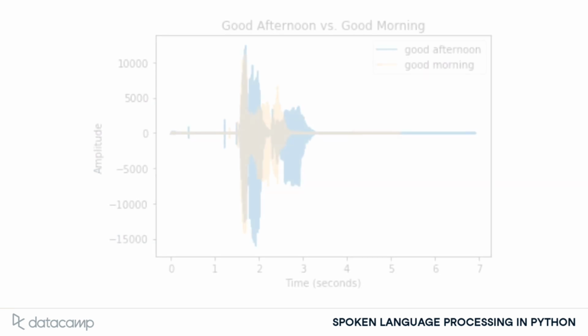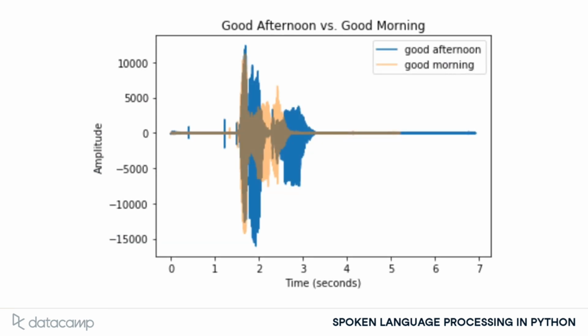Let's see it. Whoa, that looks nice. In the beginning, you can see how the two sound waves are similar, where the word good would be, but then they begin to differ as morning and afternoon get uttered. These differences are what we'll be working with throughout the rest of the course as we convert sound wave integers